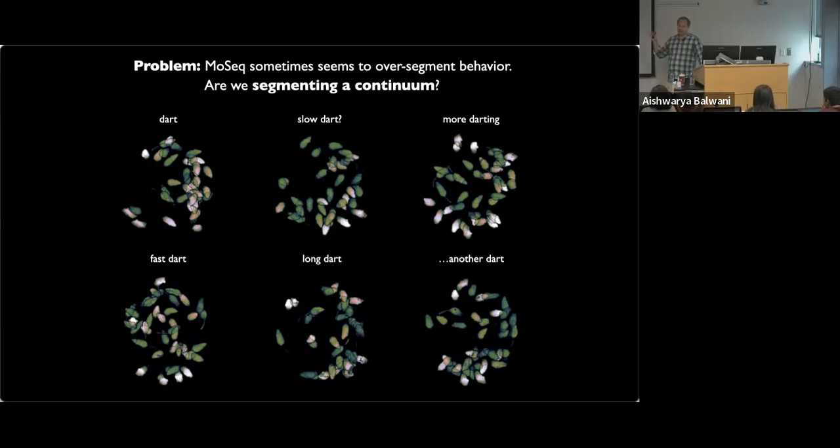However, I showed you that one scrunch versus scrunching to the left. Like these differences in orientation, at least at that level, we can see big differences in activation. But I don't know for these 6 individual syllables here how similar or different the neural activations are. I think they're probably fairly similar too. We'll come back to that in a little bit because one of the things that we thought might be going on here is that there really is a continuum of syllables and that the model is just discretizing them because that's all that an HMM can do.